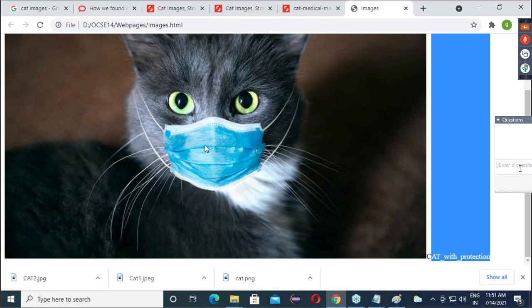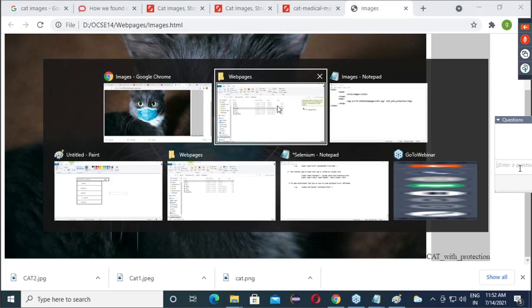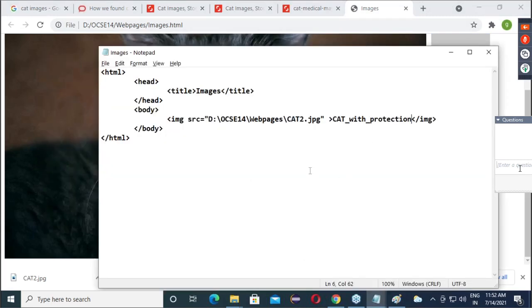But right now our intention is not that. Our intention is how images are developed and added in a web page. Is this part clear? So what are the things you have to remember in terms of images? IMG and SRC. IMG is a tag and source will be SRC, the path of the image. Clear with this? Okay. Note down this.